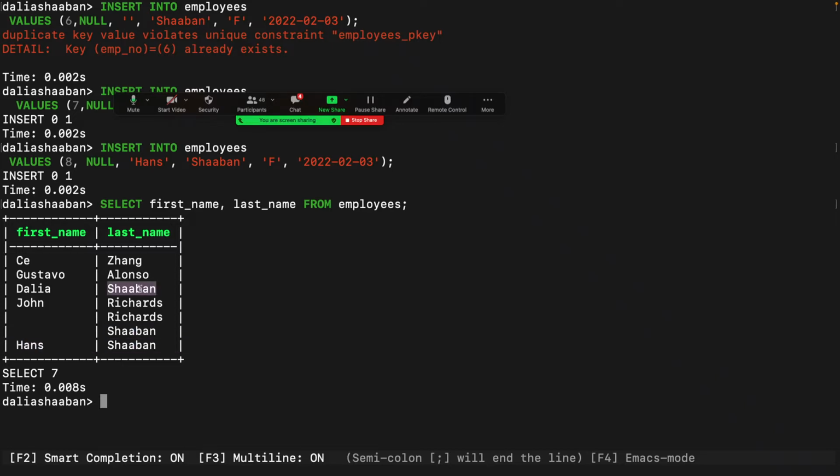Does anybody have an idea why it doesn't remove these duplicates of the last name Shaban? Yes? Because it's just a view. It's not like the relation itself, but also maybe the primary key is